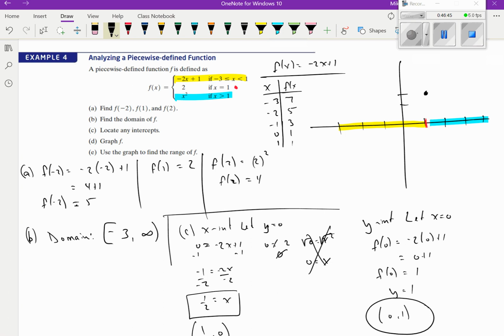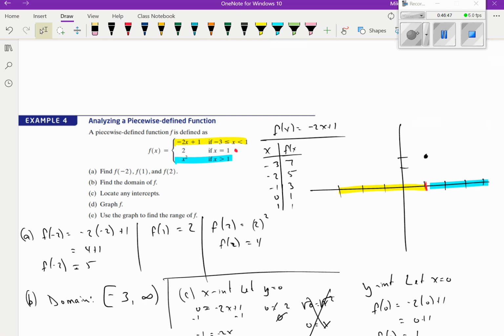So that means this graph is working its way down. At -3, it's 7. So 1, 2, 3, 4, 5, 6, 7, so it'd be way up here. And then at -2, it's going to be 5. At -1, it's 3. At 0, it was 1. And then at 1,